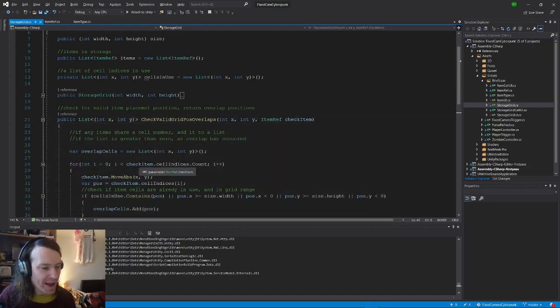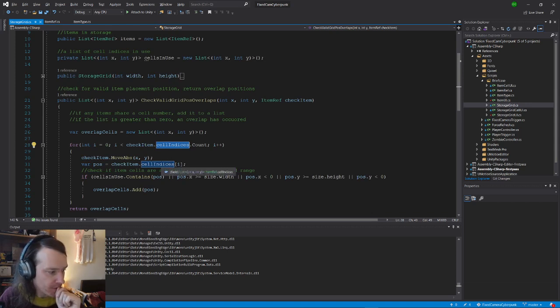And how that works is it gets the cell indices in the item and